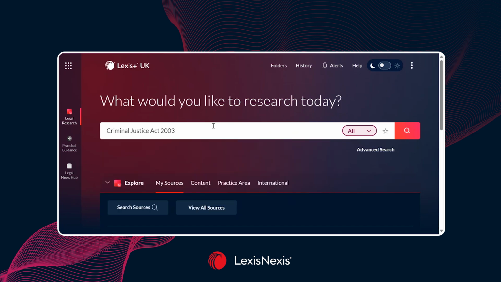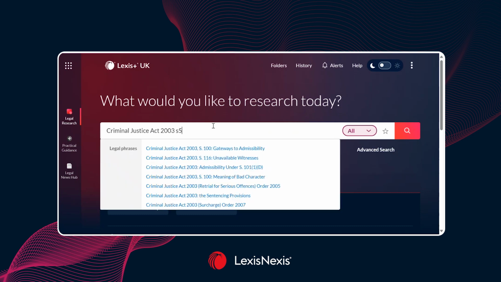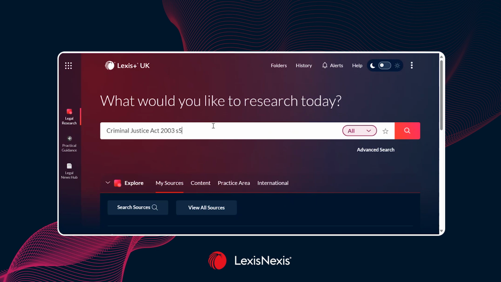2003. Now, you can leave the act as the entire act as we currently have, which is going to find us the whole of the Criminal Justice Act 2003. Or if you are looking for a specific section of an act, you can also specify that that is the section that you're looking for by simply typing an S and then the number of the section that you are